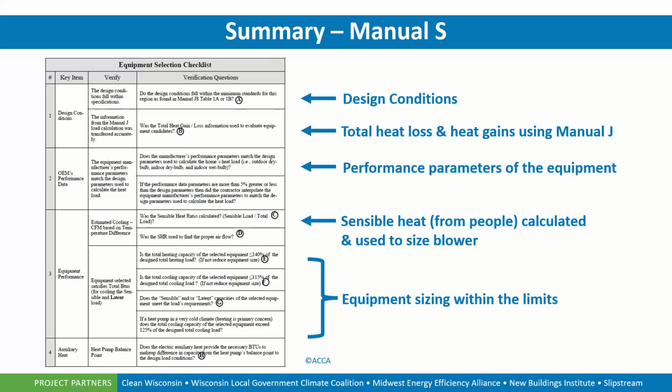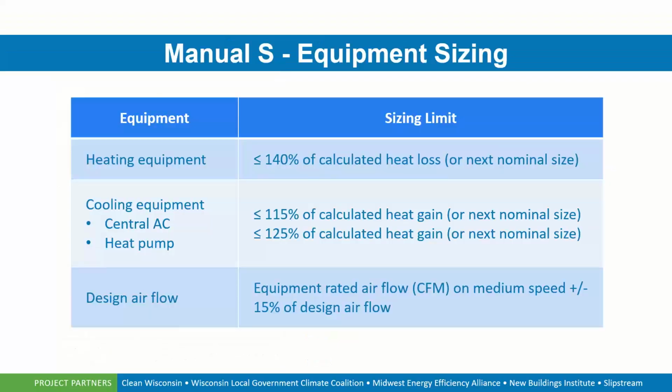So using all of that information, as well as the manufacturer data, which can get quite complex at times, we can determine what's needed from a furnace size and air conditioning size to meet the HVAC desired airflow as intended by the Manual J. So here's some of the equipment sizing review